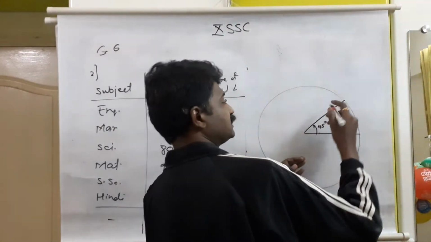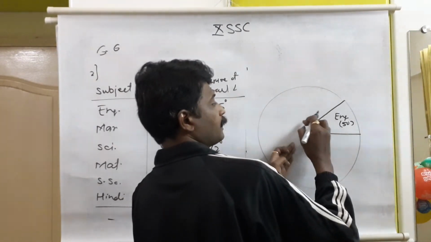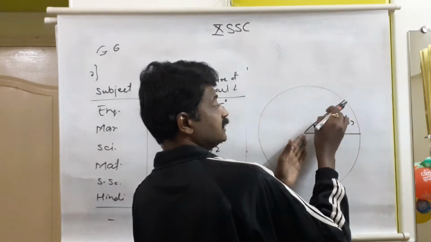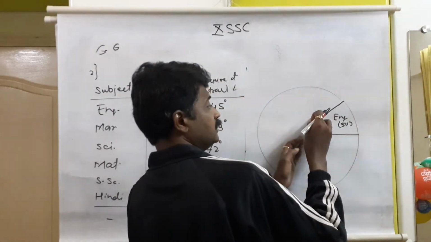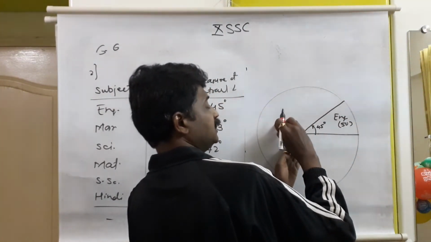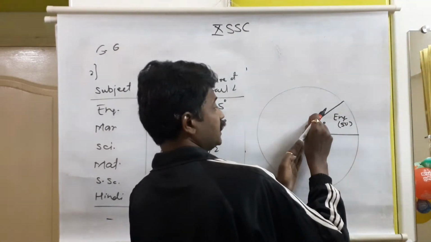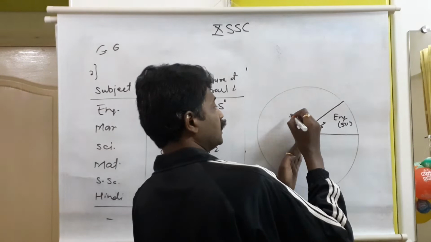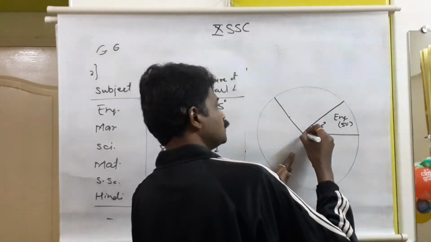So this will be the baseline. D will come here, and another end of the radius is this side. So start with this 0. If this is the base, 90 will come here. 63 means 10, 20, 30, 40, 50, 60. After 60, the third small line, and then join it.